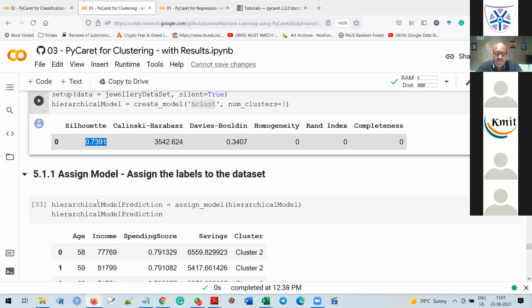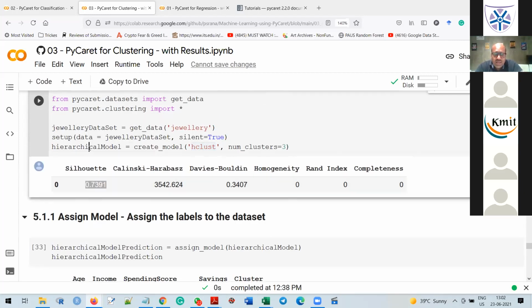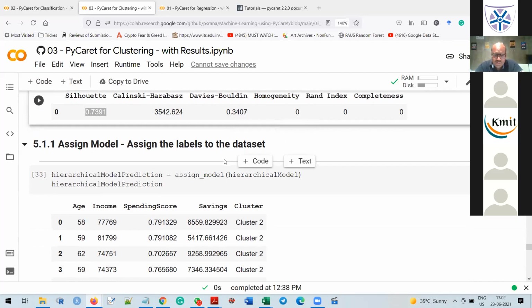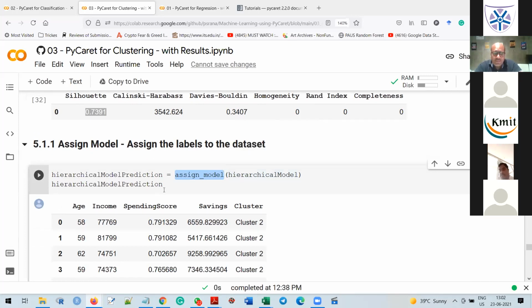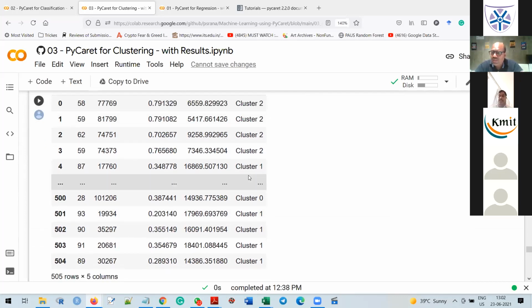Again, we build a hierarchical model and we want to apply it for prediction on the clusters. Same way, assign model, hierarchical clustering, and we apply it, and you will find one extra column is added that is assigned with different clusters: 0 cluster, 1 cluster, 2 cluster.